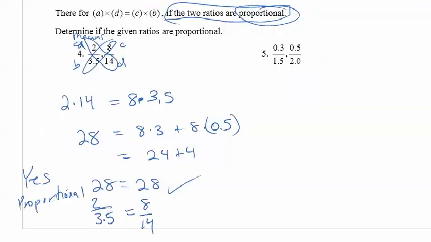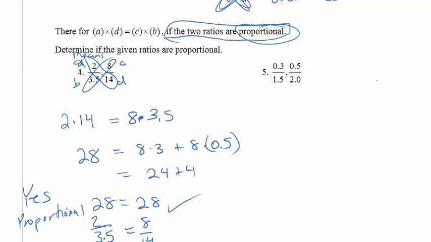Okay, so let's use the same property in order to test another set of ratios. So I have 0.3 to 1.5, and I have 0.5 to 2. Let's compare their cross products. So this will be A, this would be B, this would be C, and this would be D. So A times D is equal to B times C. You don't have to write that every time once you get the hang of it, but 0.3 times 2 is going to be equal to